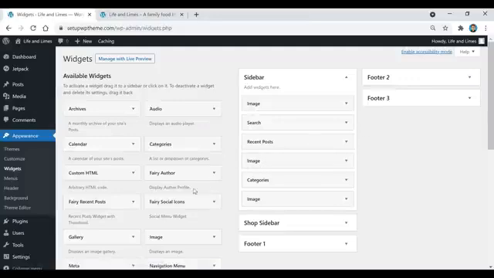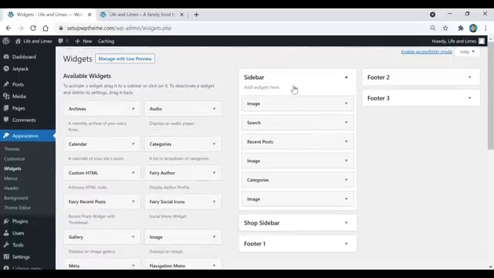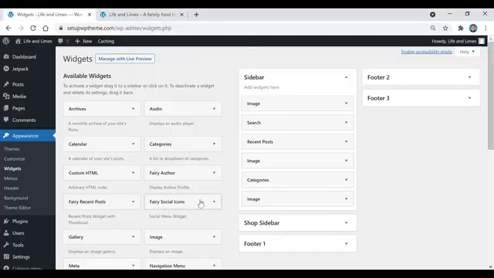Okay, so this is the Widgets page, and basically this is just where you're going to go to add in a bunch of stuff for your sidebar. You guys don't have to add in anything here. Maybe you don't have anything to add yet. That's totally fine. You can always come back and do it later if you do have something you need to add. But to start for this, like for example here, the image is right there,